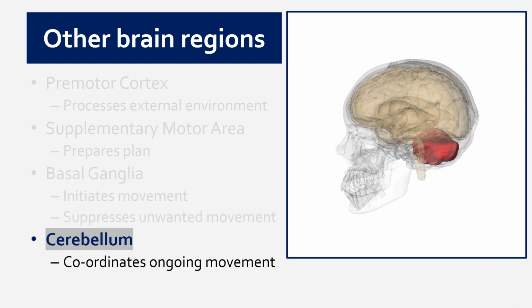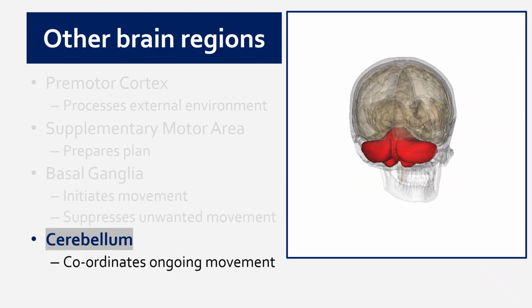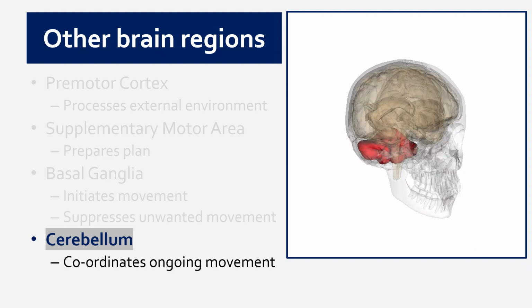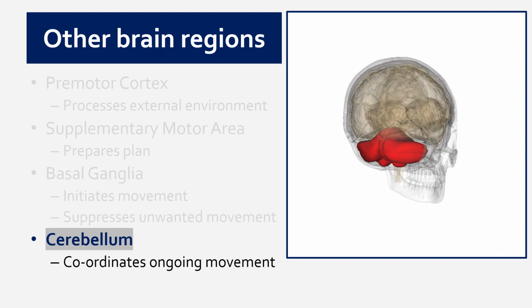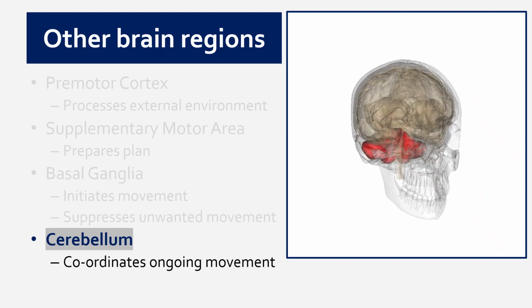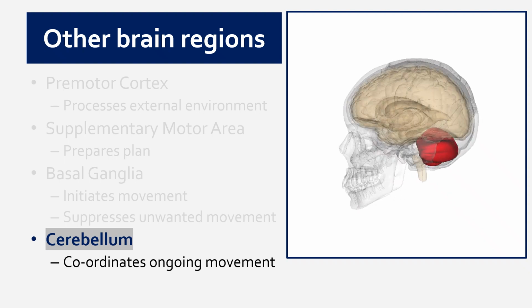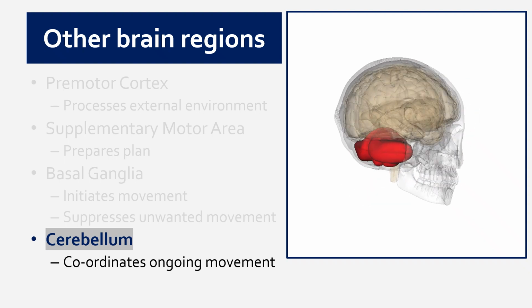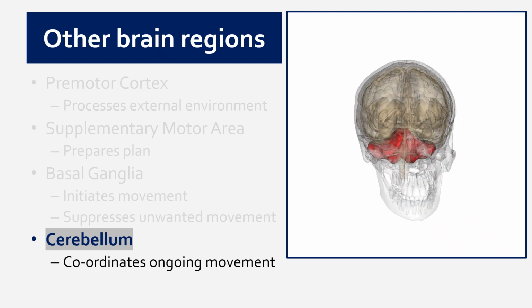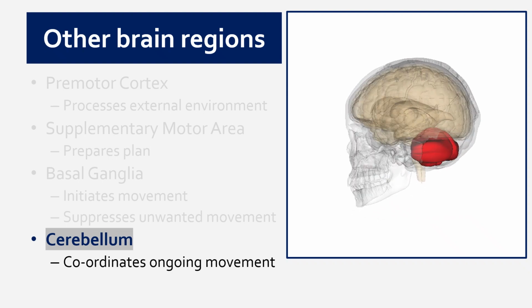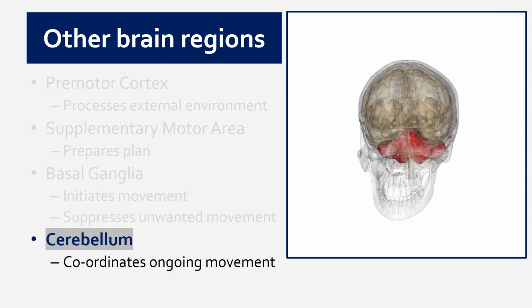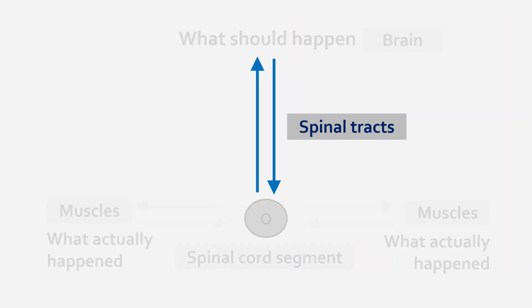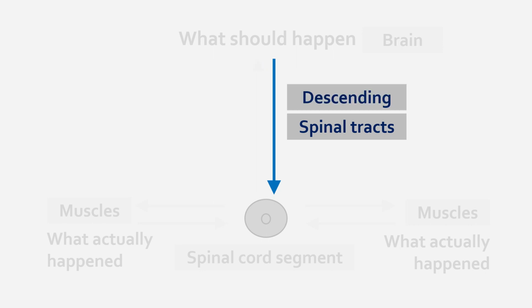Finally, then, I'll just pause while you watch this through. This region right at the back and the base of the brain, called the cerebellum, is responsible for coordinating ongoing movement. So between them, the premotor cortex processes the external environment, the supplementary motor area makes the plan, the basal ganglia initiates the movement, and that all then goes down to the primary motor cortex,